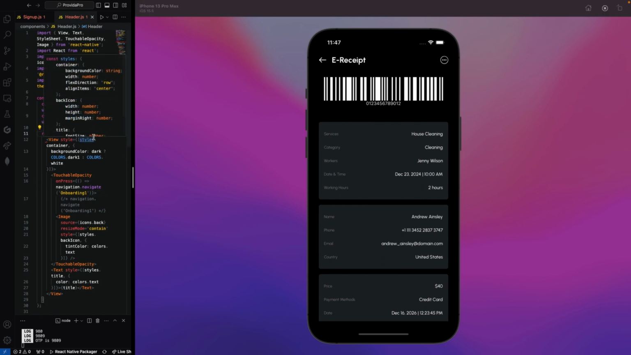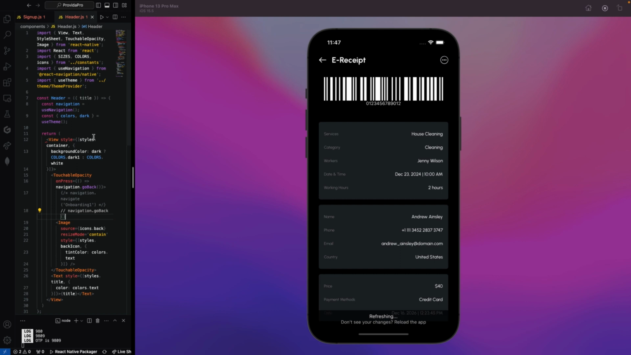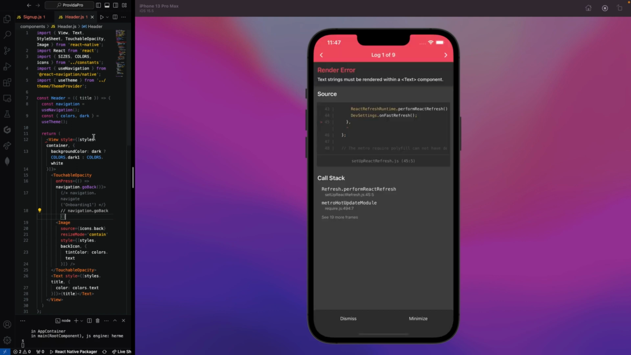So this is the e-receipts of our users. So user can view e-receipts as our recent